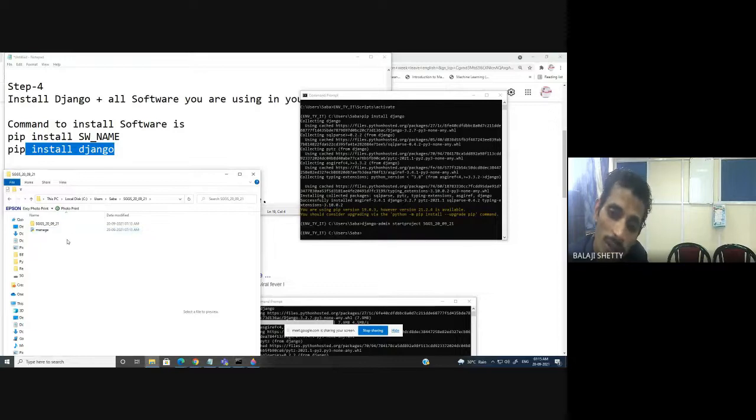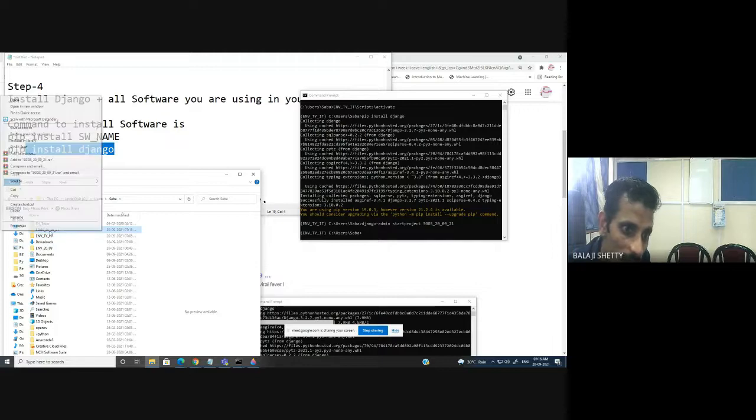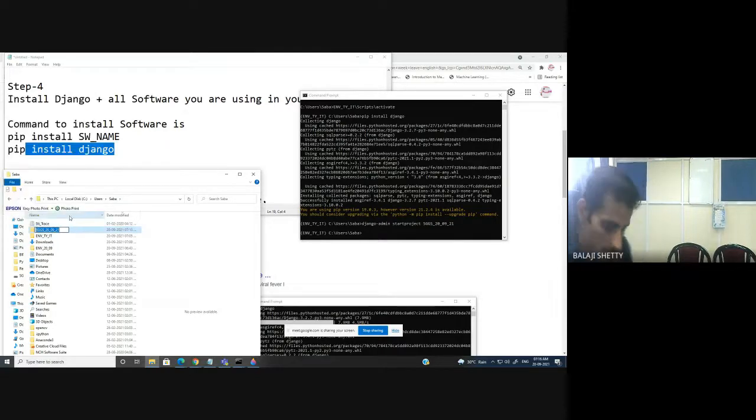In the same folder, you have another folder of the same name, HGGS 200921, and manage.py. You may get confused, so you can rename this folder as project.